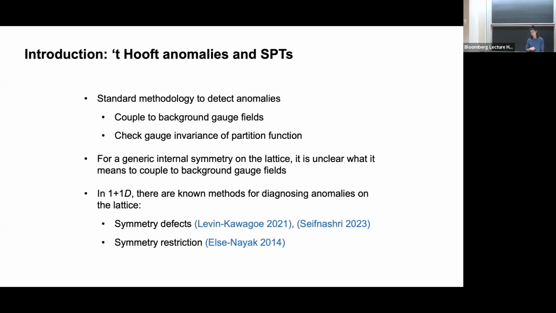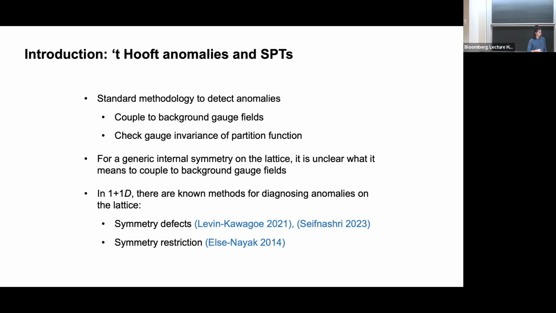But for generic internal symmetries on the lattice, this methodology is not really applicable, basically because there's not a clear notion of what it means to couple to background gauge fields. So for lattice systems, we need some alternative method of